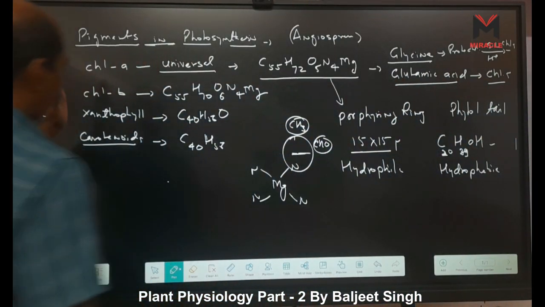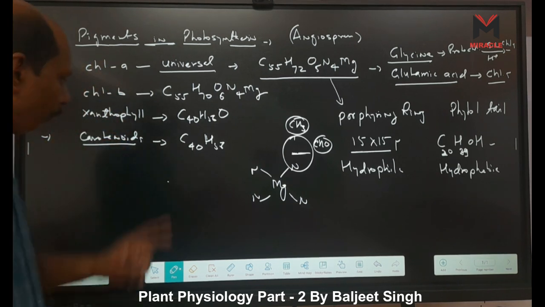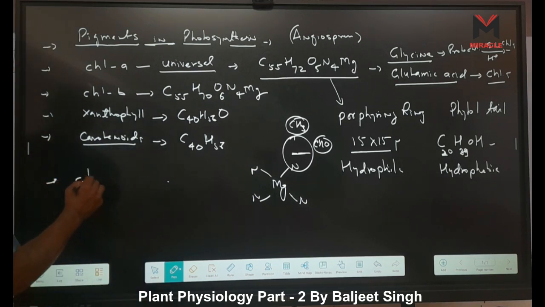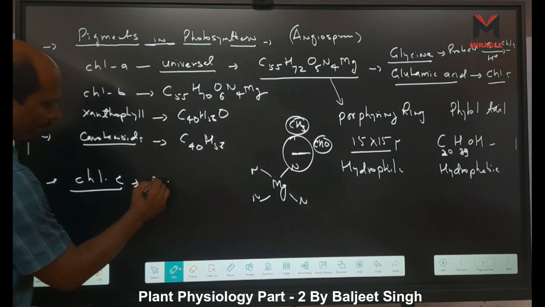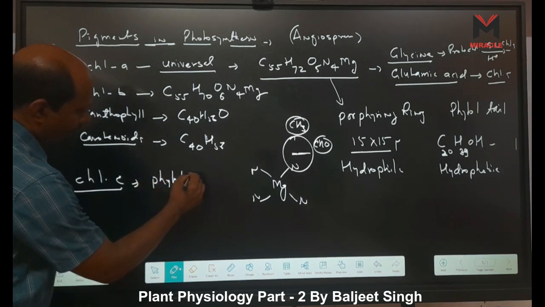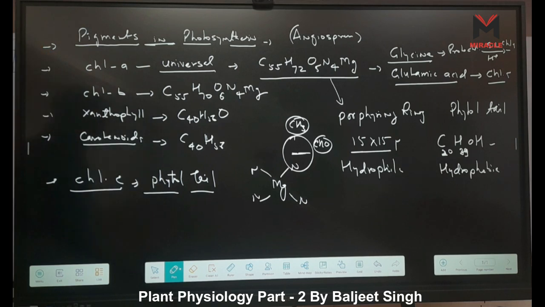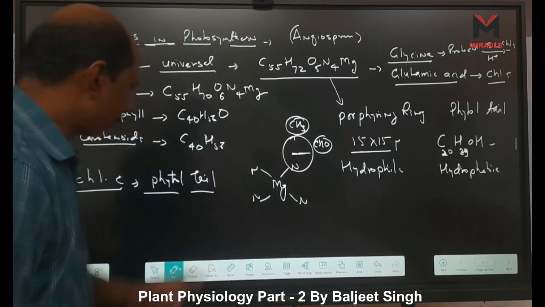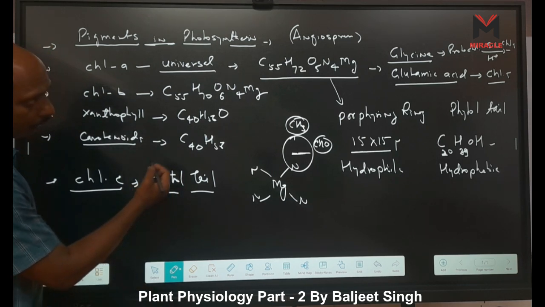So I tell you some information about the different pigments, right? In chlorophyll C, the phytol tail is absent. That's why it is the smallest pigment, right? And tail is absent means what? Its formula is